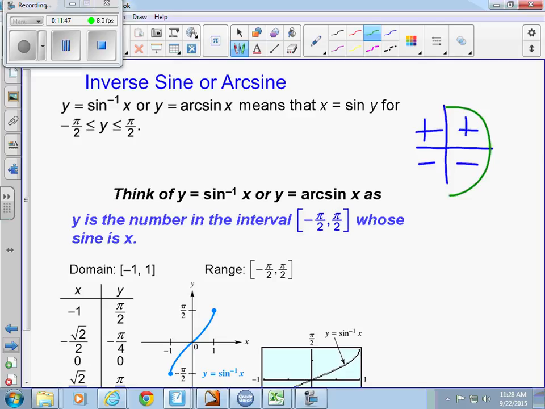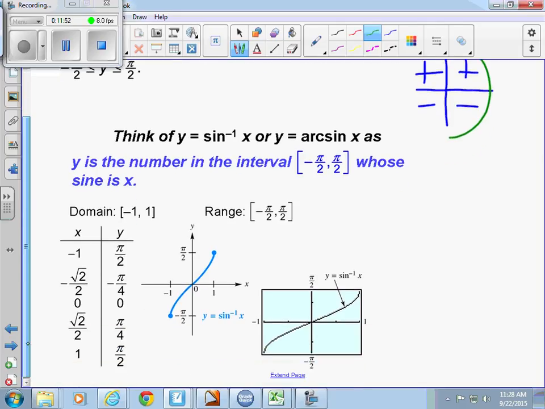So sine inverse is the inverse of a sine function. This is the graph of it. Now what you'll notice, look at these x's and y's. Have we seen that chart before? Except it was the other way around, right? It looks just like the chart for sine, except the x's and y's are switched. So if you look at the graph, right,